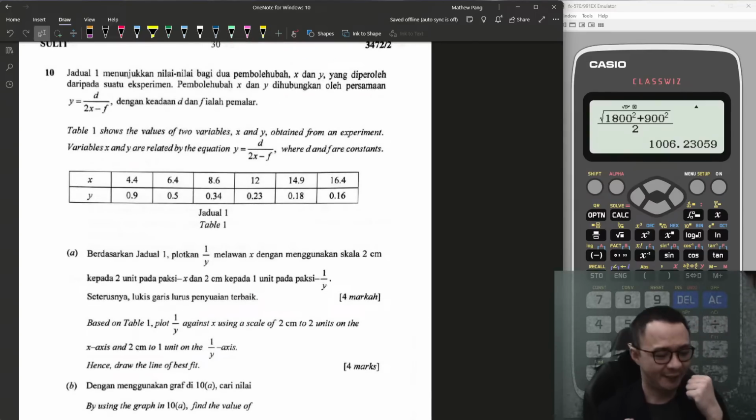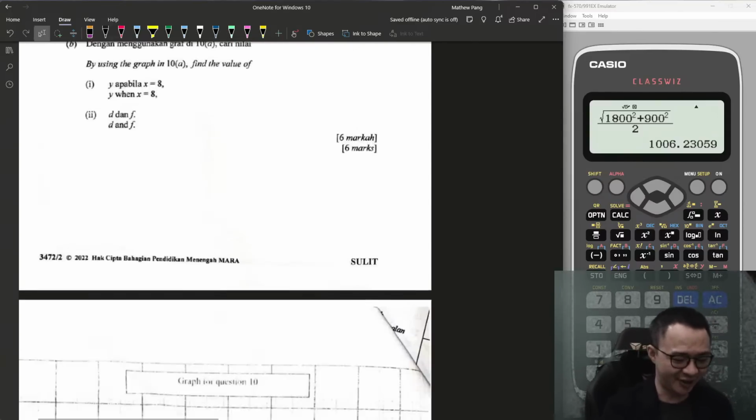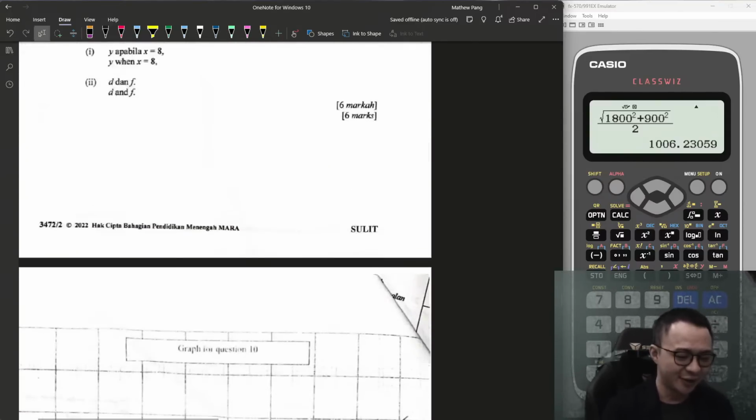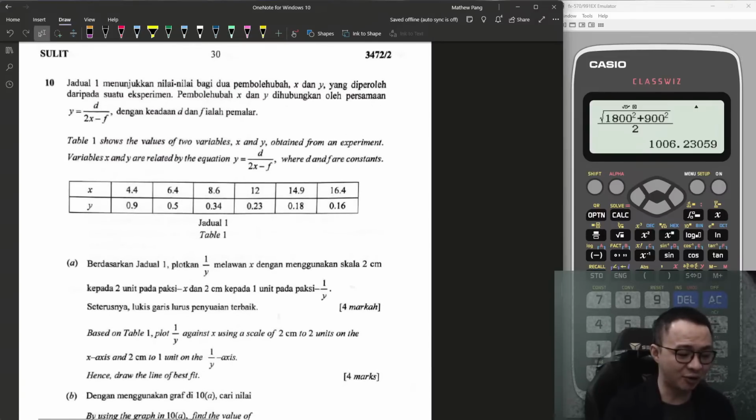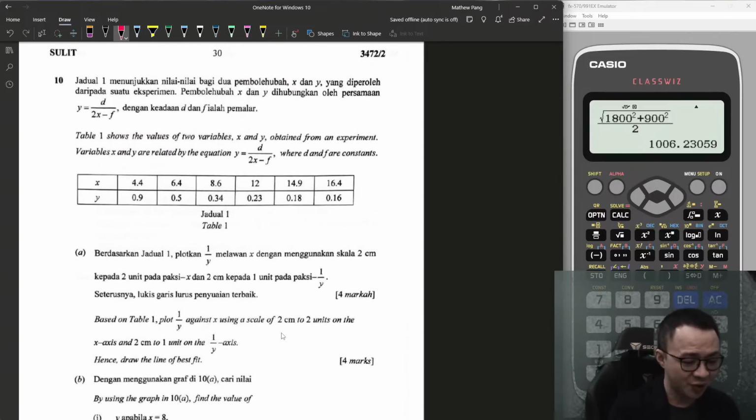Last question of today, 10. I'm not going to sketch, and this one accidentally sketched for us, so it doesn't matter. I just teach you how to solve. Okay, so this table has the x and y values, you can see, and we have one equation, and they ask us to